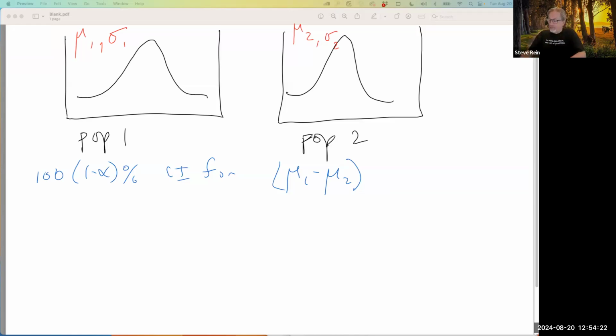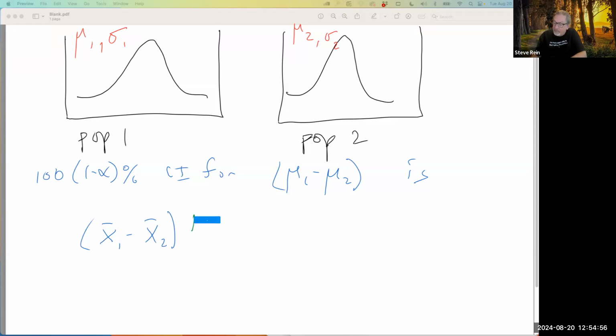My theta hat, my estimate of mu1 minus mu2, is x bar 1 minus x bar 2. Literally, I'm going to find the difference of the sample means, because that is an unbiased way of estimating the difference of the population means. We've got two samples that each separately estimate the two populations. So to estimate the difference of the population means, let's just use the difference of the sample means. But for my confidence interval, I want to go ahead and put a margin of error on that.